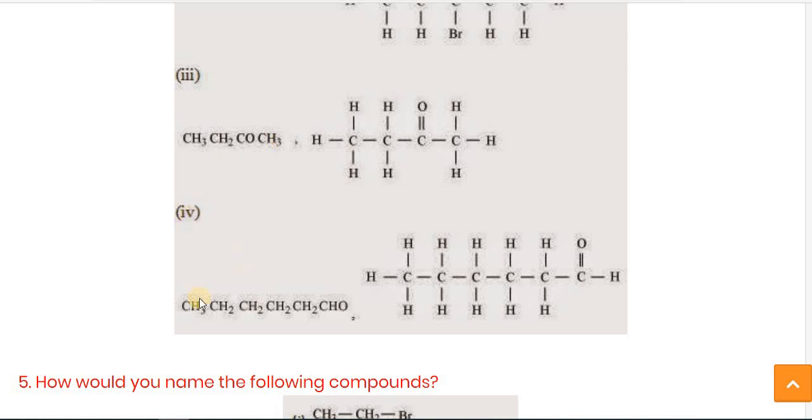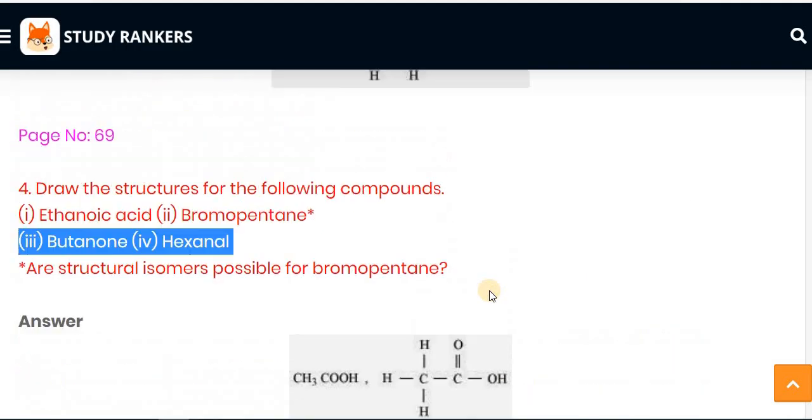And the fourth question is of hexanal. Hexa means the total 6 carbon. Here you can see 1, 2, 3, 4, 5, 6. Now hexanal is there. The al suffix is used. The al suffix indicates that the CHO means the aldehyde group. The al suffix which is used for the aldehyde group means the CHO group is there. So here you can see 1, 2, 3, 4, 5, 6 hexa, and the suffix al is used, means the CHO. So the hexanal.